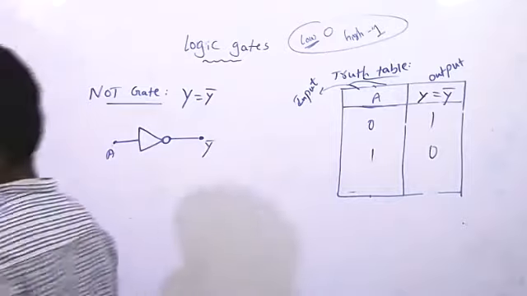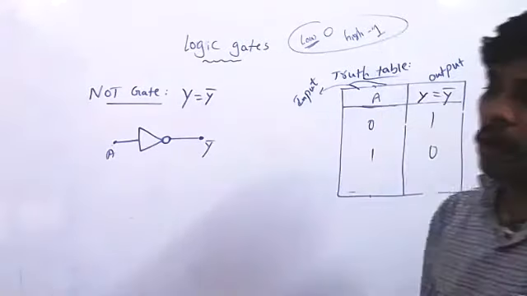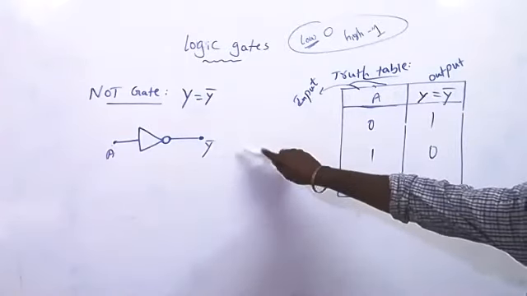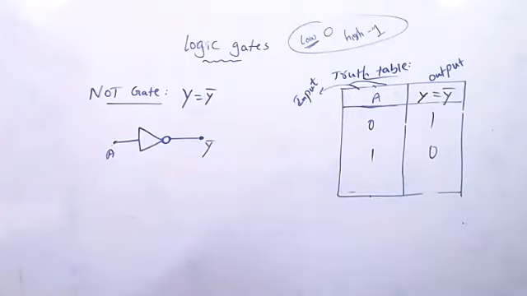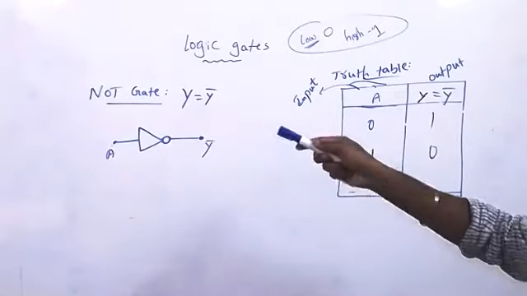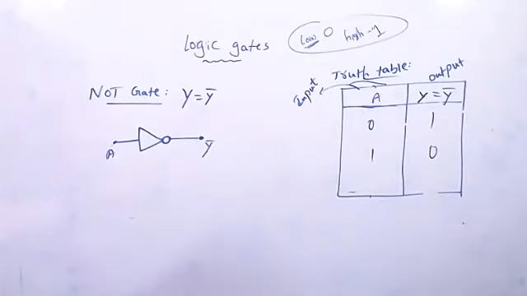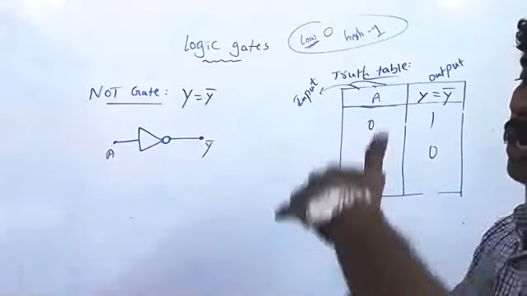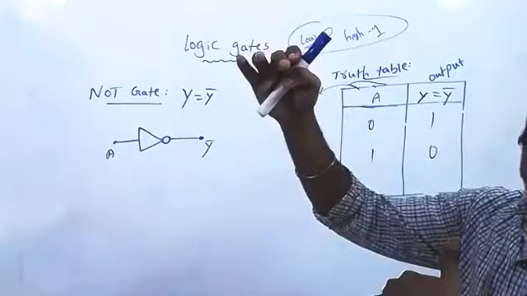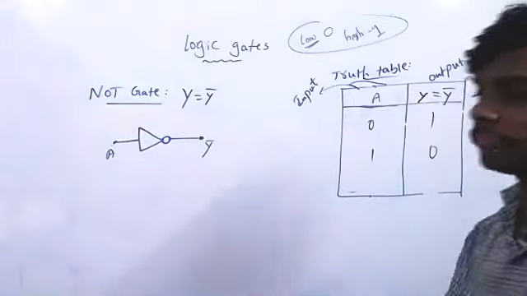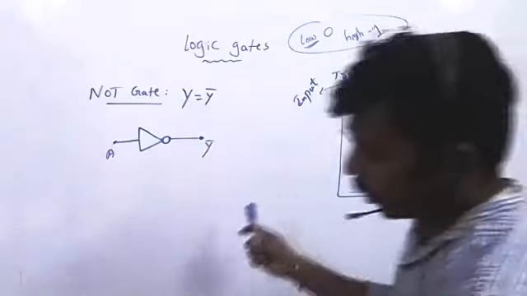Prisha, am I clear? Yes, sir. These are my basic logic gates, and the symbols you definitely have to remember. In the basic logic gates, there are OR, AND, and NOT. OR means A plus B, AND means A and B, so dot. NOT gate means reverse. If you give input low, output high. If you give input high, output low. So it will be like that. This is about the NOT gate.